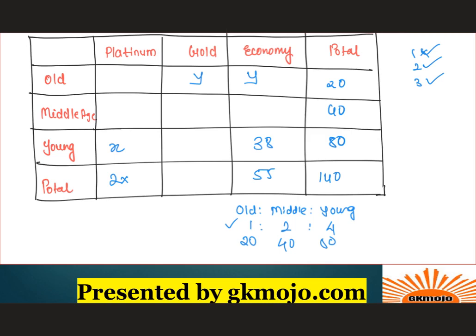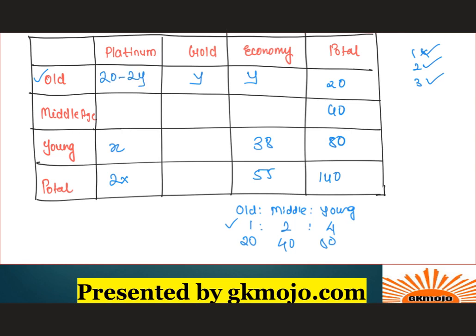Right now you'll be thinking that this is not even half filled, and how are we going to solve the problems? Yes, we are going to be able to solve the problems, and I will show you how. Alright, first let us complete this table. How we will complete it, let us see. So now look at this old row. Only this is left. The total is 20 for this row. So here we will have 20 minus this 2y.